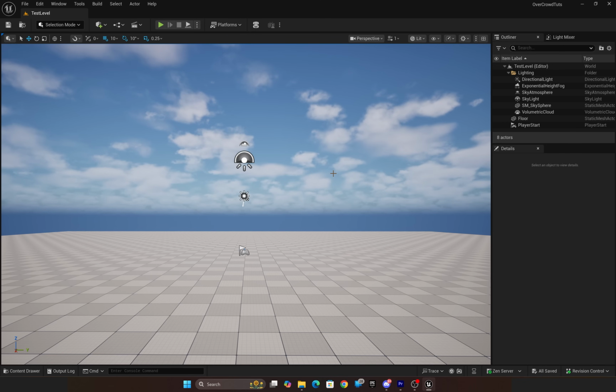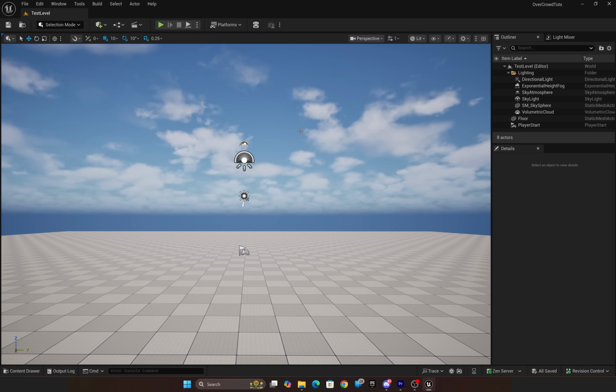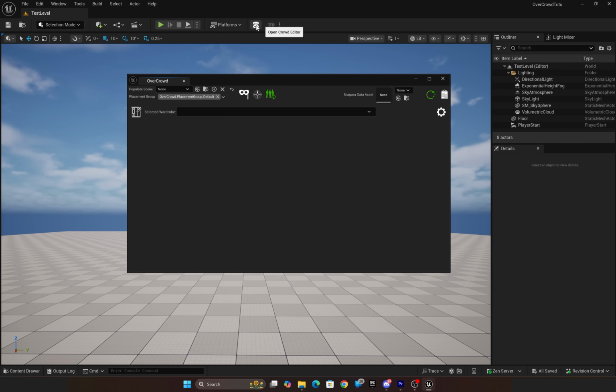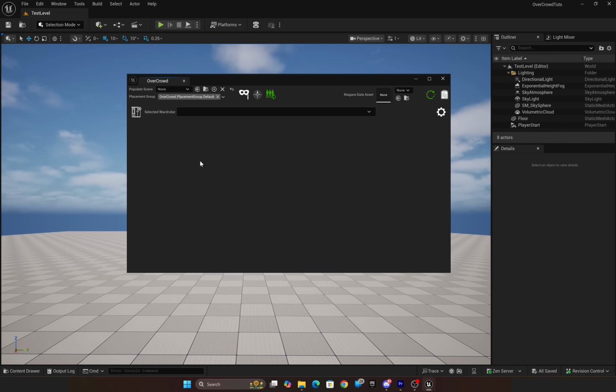All right, so now we are going to prepare our wardrobes and start baking the animations into our meshes. So we can come up here to our little Overcrowd icon, and that will bring up our wardrobe editor. And the first thing we want to do is create a new wardrobe, and we're going to create two